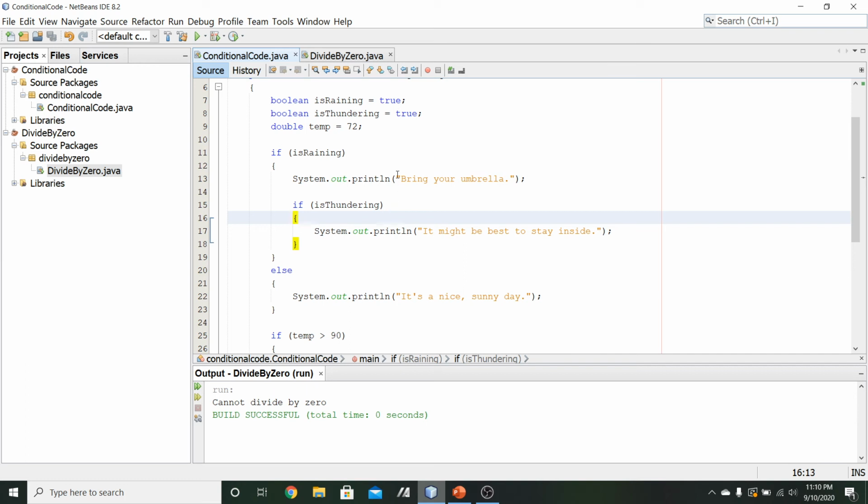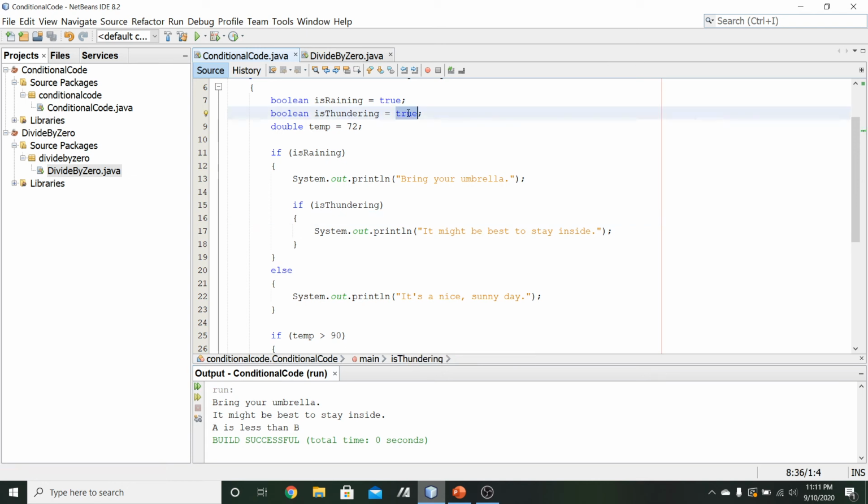So if we go ahead and run this, we've got both of these set to true. So we're expecting bring your umbrella and it might be best to stay inside. Both of those will print to the console. So we can see both of those right here. And then if I go ahead and change either one of these to be false, we can see what happens there. So let's start with is thundering. If that's set to false,